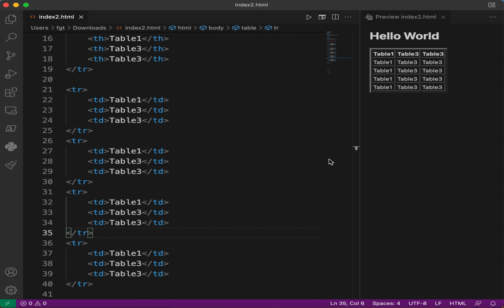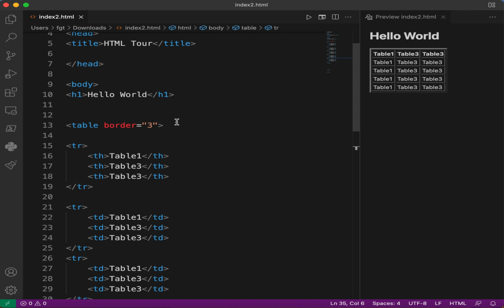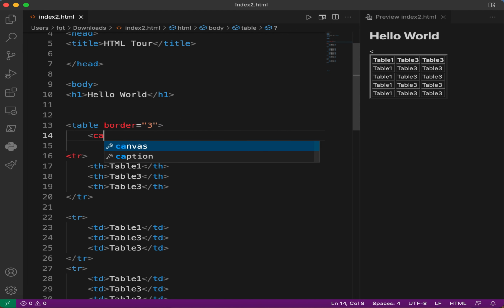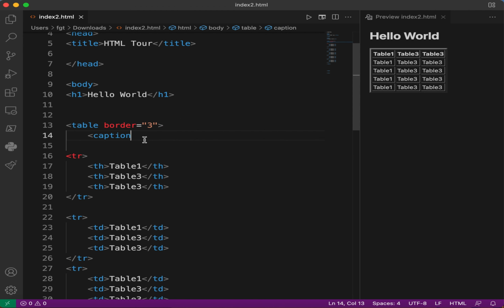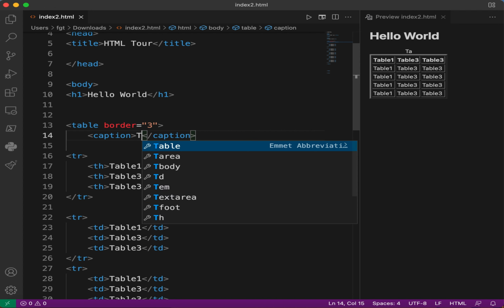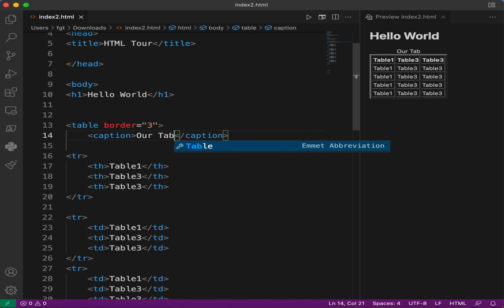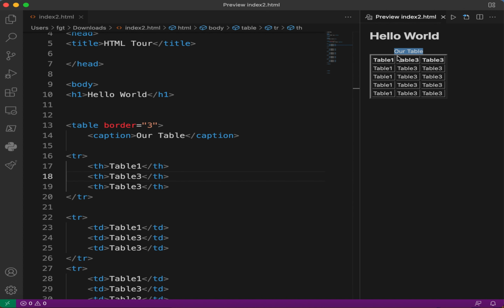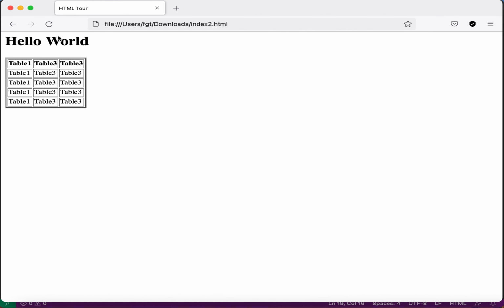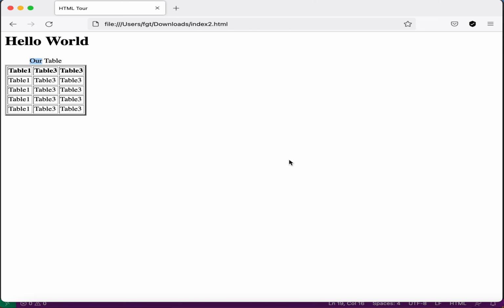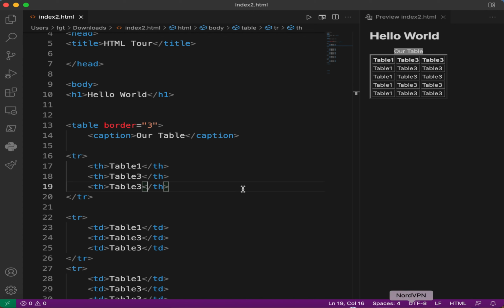Okay, let's see, there is also caption for the table. We can for example go here and say caption, and let's say our table. Okay, you can see here what it prints, our table. If we go back to the browser, our table. We can also use it inside a heading. Okay, like by using, hold on,